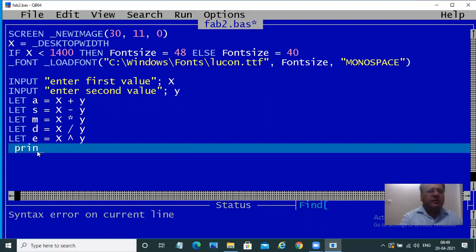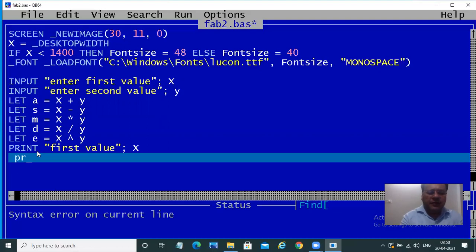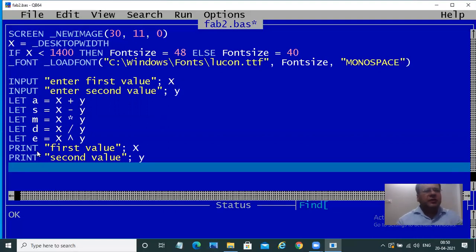So for the outputting statement I told you use print. Okay. And for the printing we'll print first value, whichever is the first value is stored to X. Then you'll say print second value. Don't worry much about spelling mistakes. If there are any, you can correct it. So it's printing these two first values, and now after that I'll use print